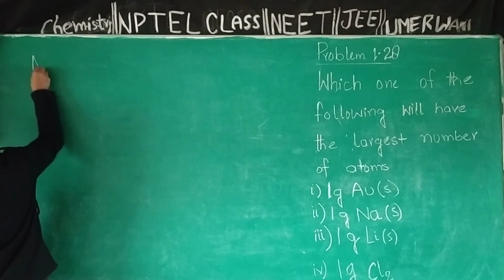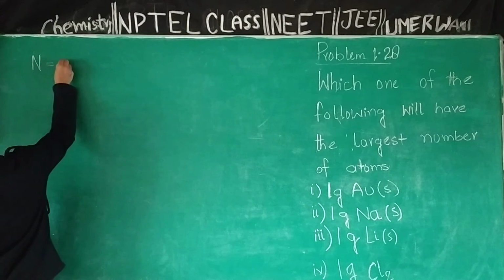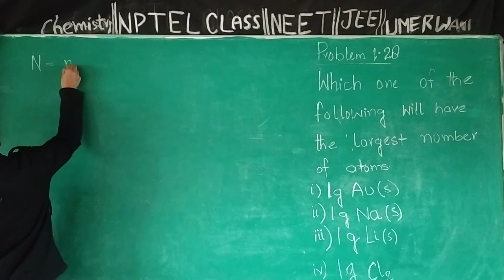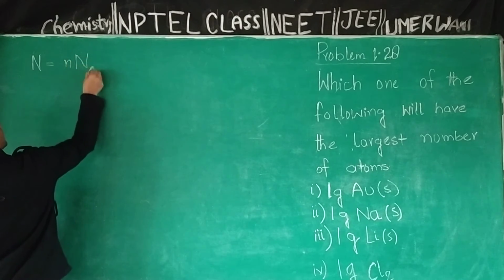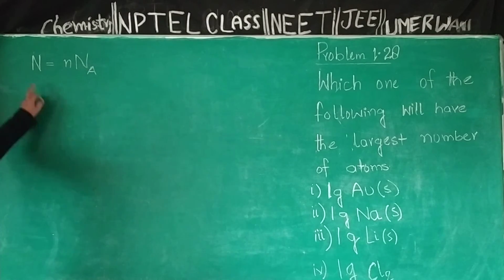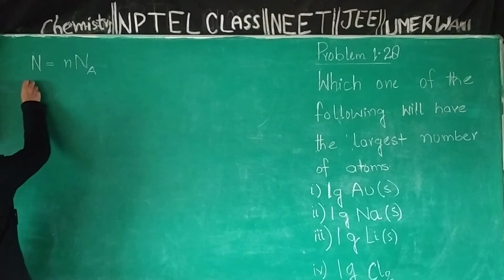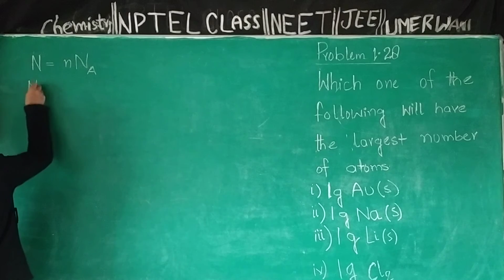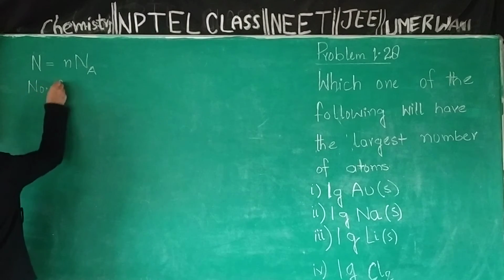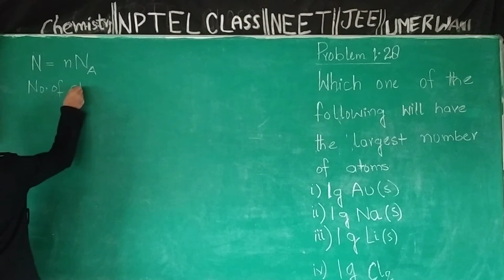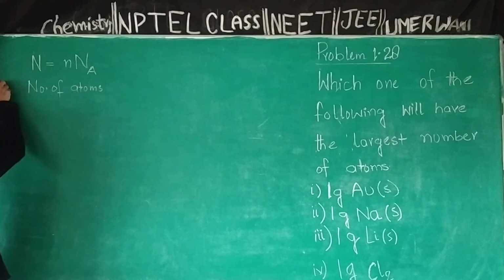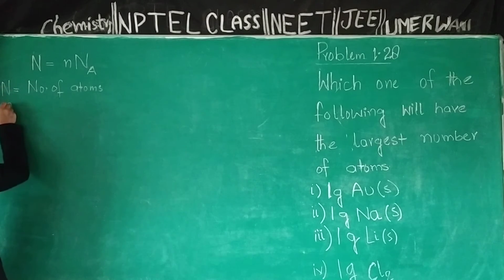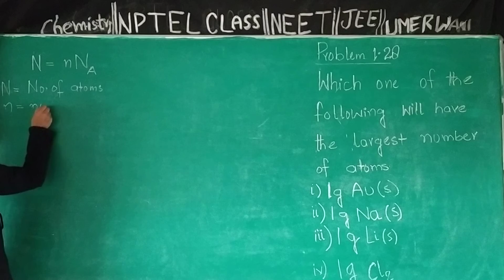N is equal to n into Na. Capital N here is number of atoms. Small n is number of moles,